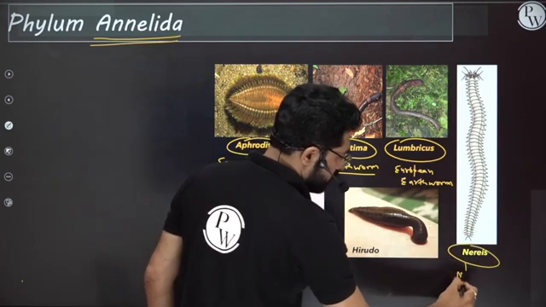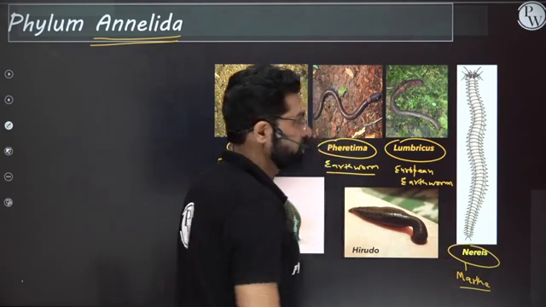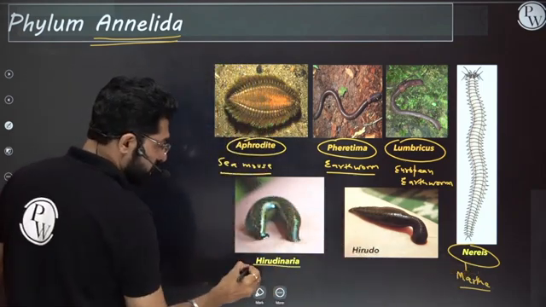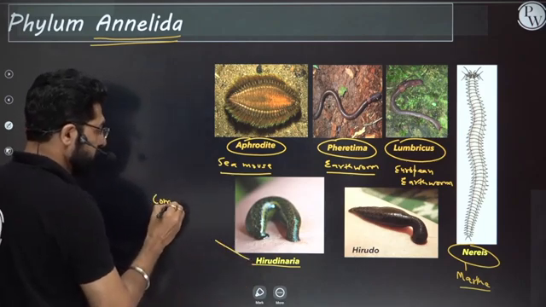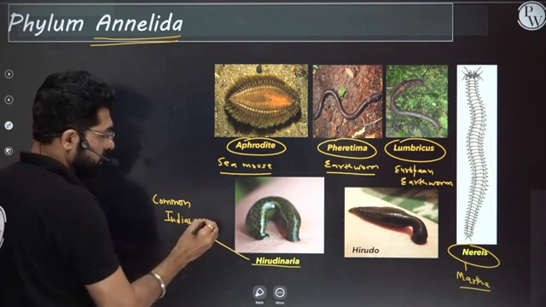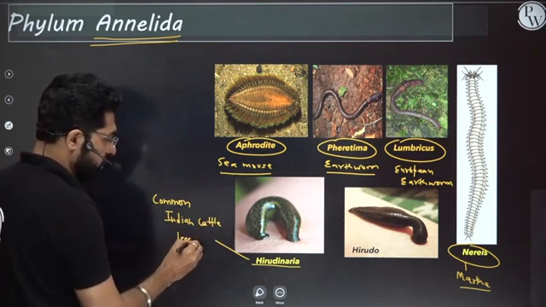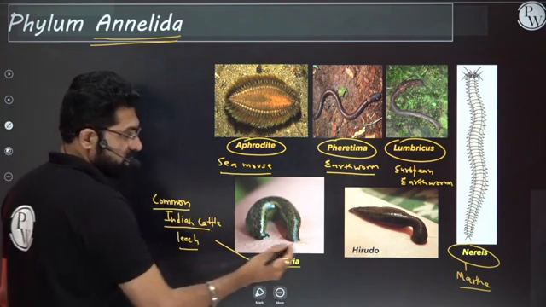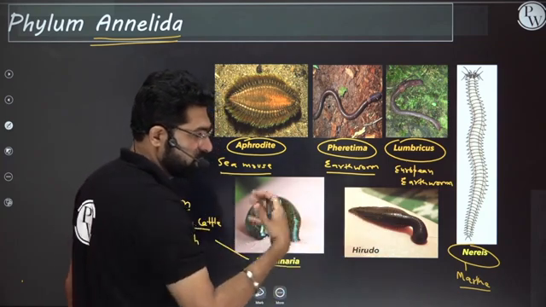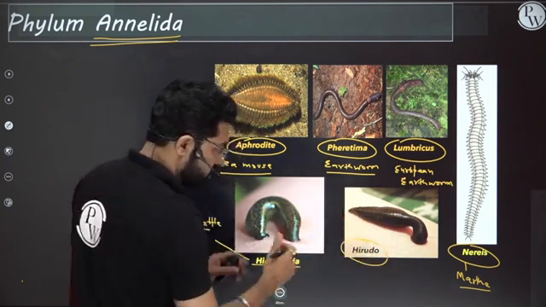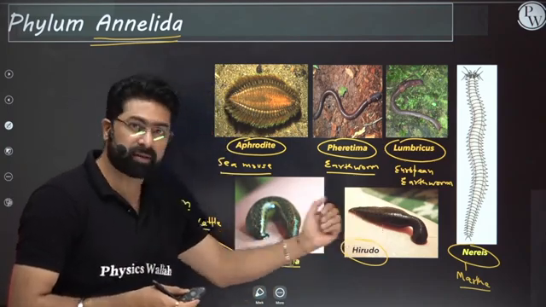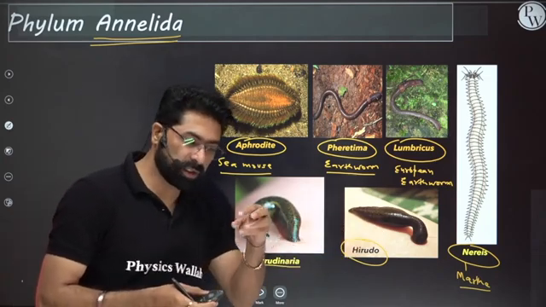This is marine, and here it is very important to understand this is dioecious also. Okay. Hirudinaria is the common Indian cattle leech. Please remember, very important, because some students get confused. You can see that they are looking almost the same, but some regard both as dangerous leeches, but both are not dangerous. This is very good for your health. This is used for taking out the impure blood from your